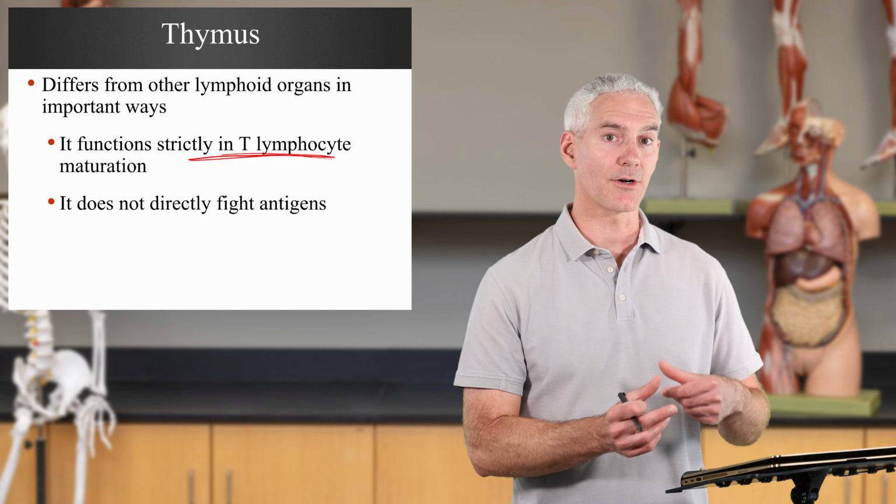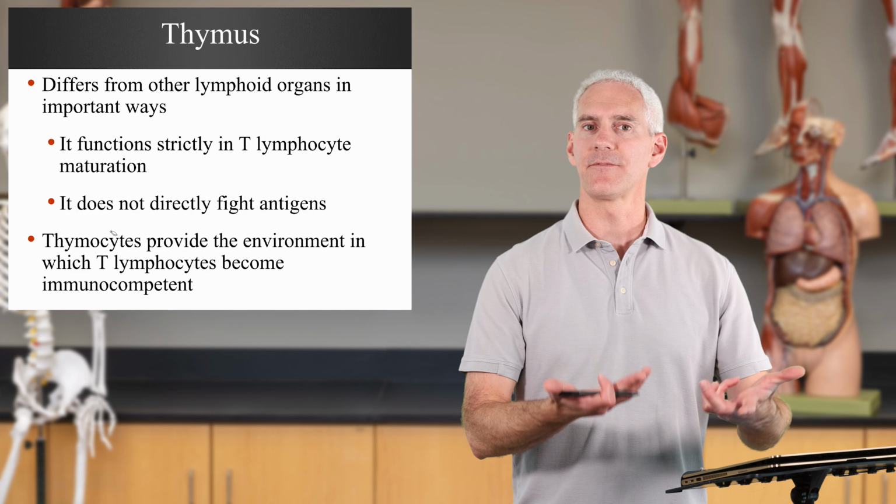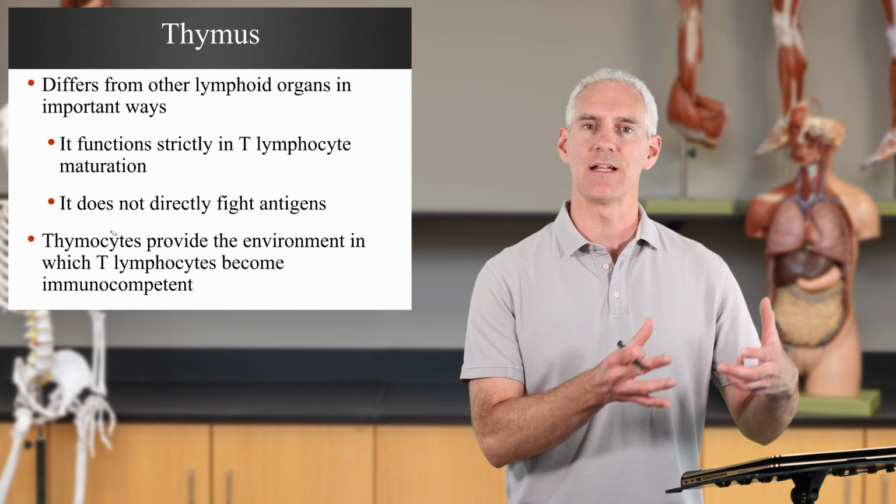So these actual thymocytes, the cells of the thymus, allow the T cells to become immunocompetent. Now, immunocompetent means they are fully functional for the immune system. So by sending these immunocompetent T cells out, they can function like they should, and they do not need further development. So the thymus really is developing your T cells. So from the thymus to the red bone marrow, looking at some components of our different defense systems in our body. From the first layer to the second layer to the third layer of defenses, innate and adaptive.